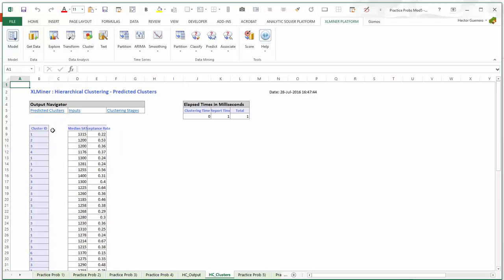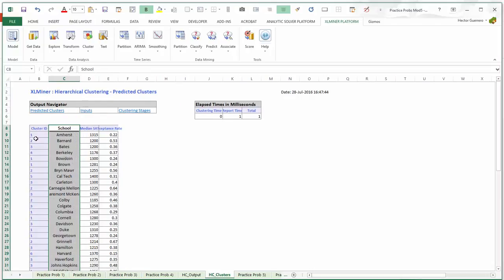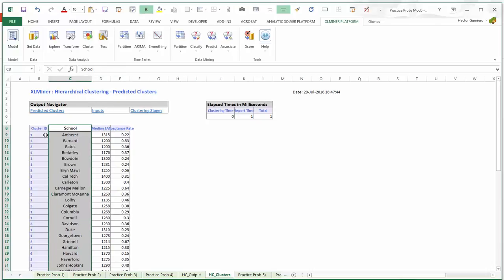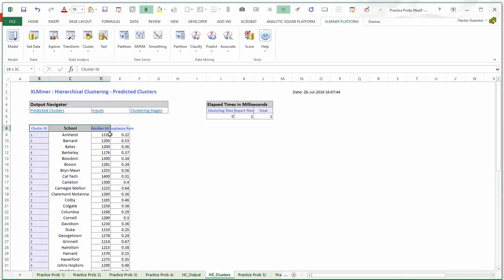Or hierarchical clusters, and I'm going to put it here. These are the schools. These are the clusters that they pertain to. Amherst is in cluster 1, so it's Bowdoin, Brown, Columbia, Cornell, Duke, Georgetown, and these schools have some similarities, as you can see. One way to look at the clusters, I mean, it's hard to look at the clusters when the numbers are spread out like this, is to go ahead and